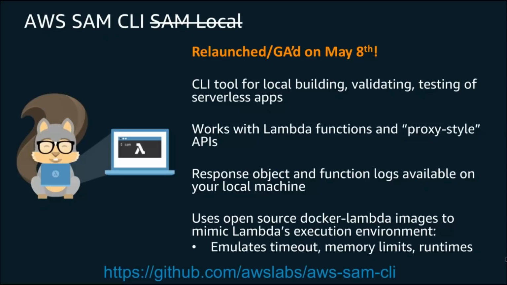And so what SAM Local allowed you to do was to essentially take your local Lambda function and your code based on your SAM template, create a Docker environment that would allow you to execute your Lambda function locally. And it could create either a basically fake local proxy style API endpoint for you by running a daemon on a local port, or you could pipe JSON documents to it and invoke functions as if you were invoking, say, from SNS or S3 or Kinesis.